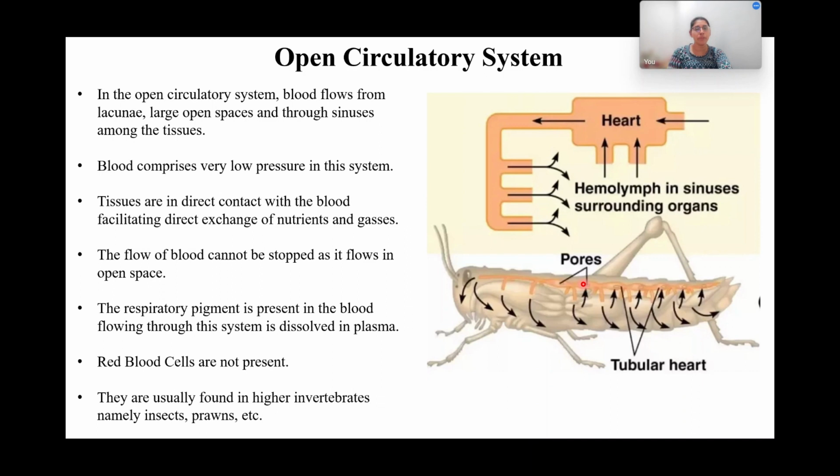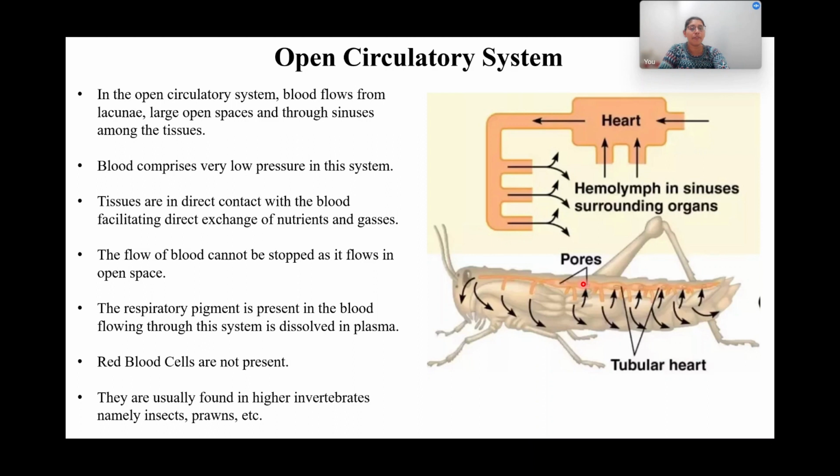And because there are no vessels, there is no covering where the blood is flowing through, the blood in this organism flows at a very low pressure, and the tissues in these systems are in direct contact with the blood. This is in contrast to what we will be studying for the closed circulatory system,